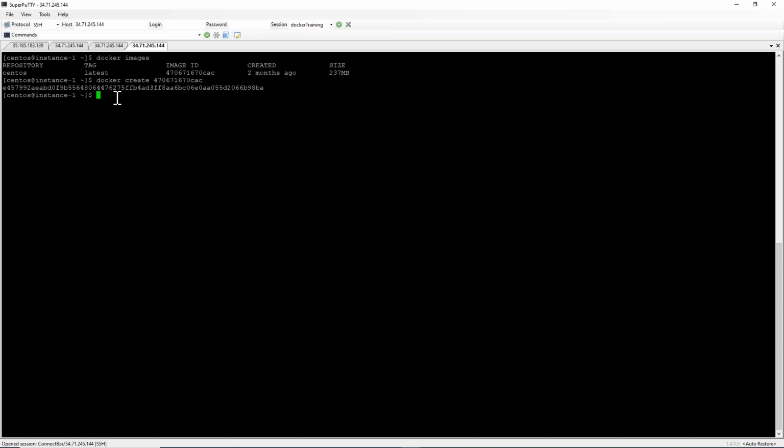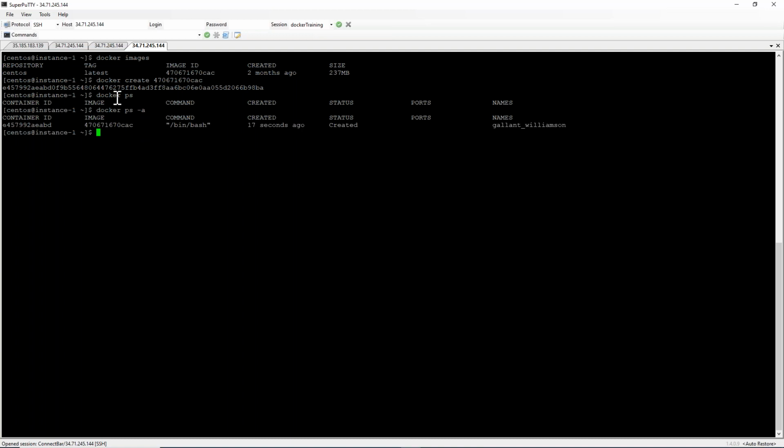Okay. So now you run Docker PS. It shows running containers. If you want the information of all containers, give -a. So now it is showing the container is created with this ID from this image, and the default command is this one, and it is created 17 minutes ago. The status is created. So now how will you start the container out of this? Docker start and then the container ID.